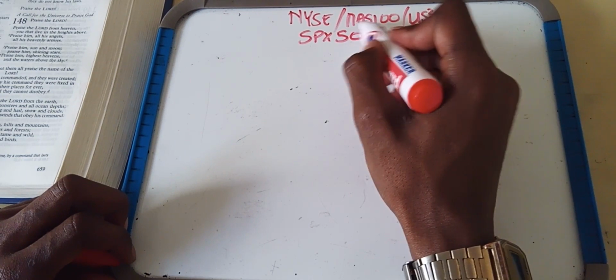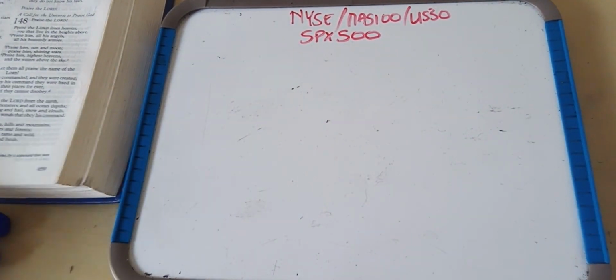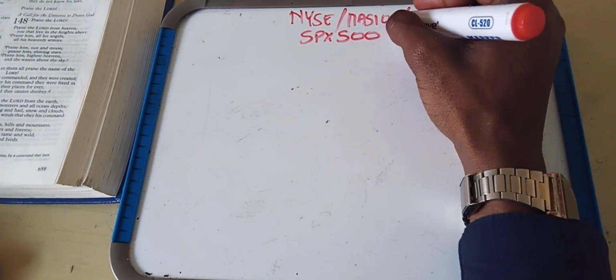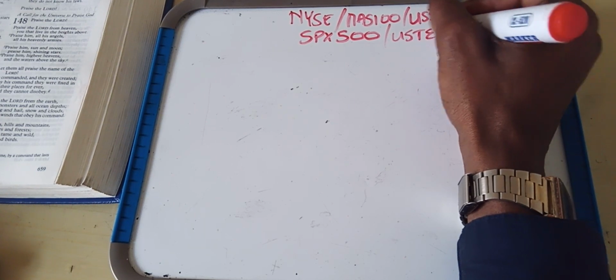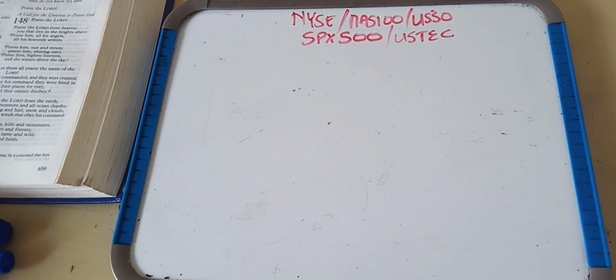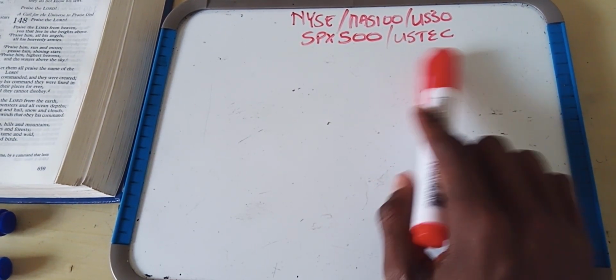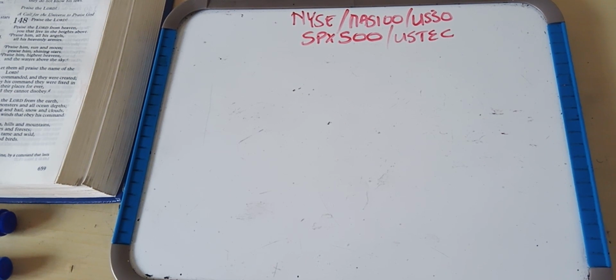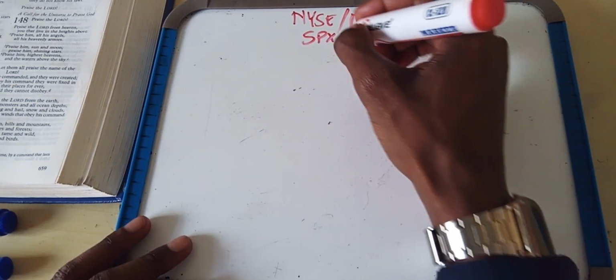right? NASDAQ is also known as US Tech on other brokers, right? So it's NASDAQ. Other brokers, they write it as NAS100, and then other brokers, they call it US Tech. So it's the same thing. We only trade this strategy on a New York session, only for NASDAQ, US30, and SPX 500, right? Most especially. And also, we trade it after